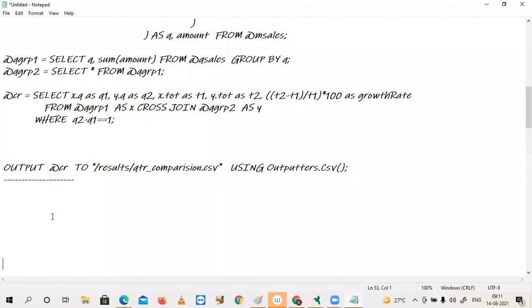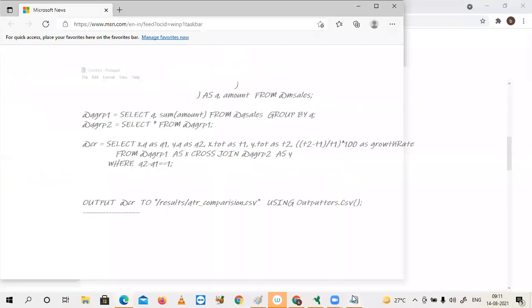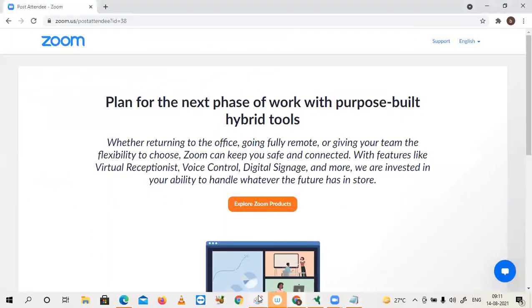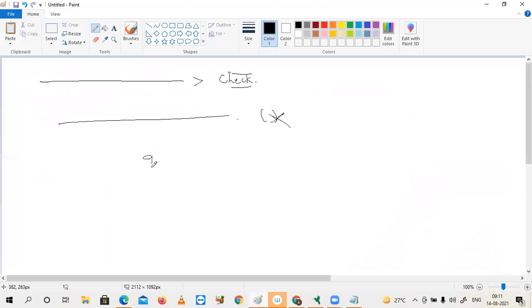If you want to use it from next time onwards, I think we should save the data without a filter, because we are applying the where condition, right? Without this, we should have saved it so that it contains all the 16 rows. In some cases, there will be a second phase of analytics where you want to compare quarter 4 with 3, with 2, with 1. What you said is correct. So in this case, without applying any filter, save as it is. Next onwards, use that saved content, because I am interested in comparing 4 with 3, 4 with 2, and 4 with 1.